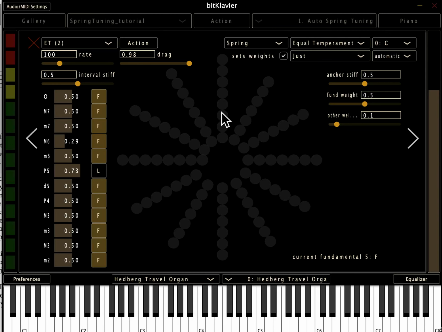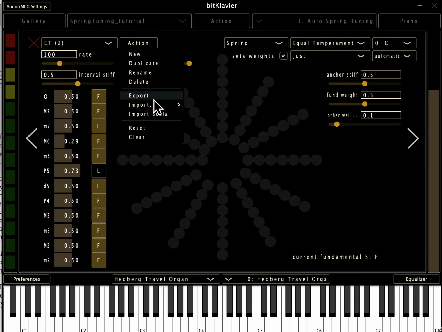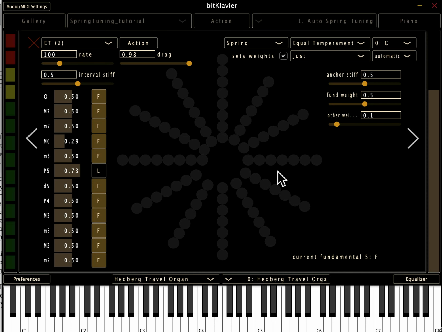I'm back with the auto spring tuning settings. So, kind of the default easy starting point for working with spring tuning. And I just want to use one example to look at a couple other parameters, so you get a little bit more of a sense of the different sorts of behaviors you can get with spring tuning. And the sonority I'm going to look at is this C, D,